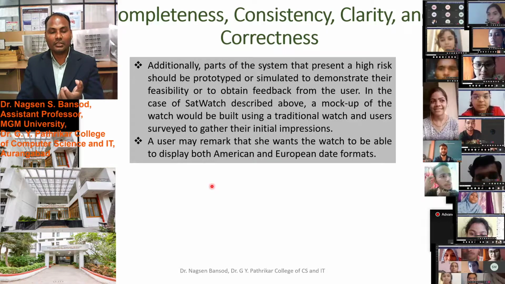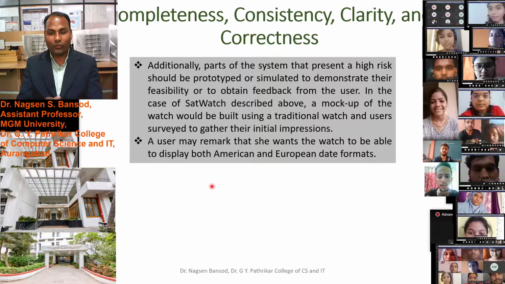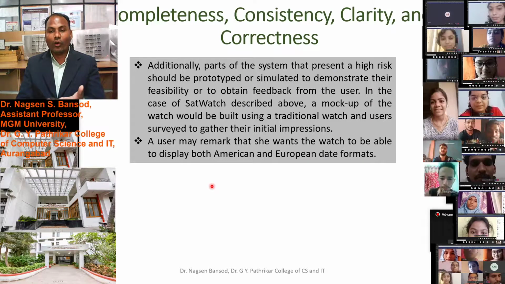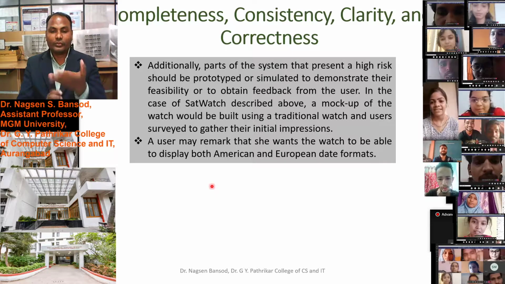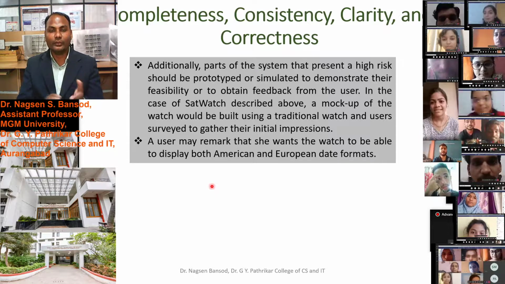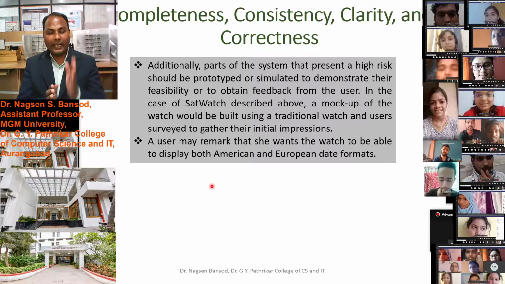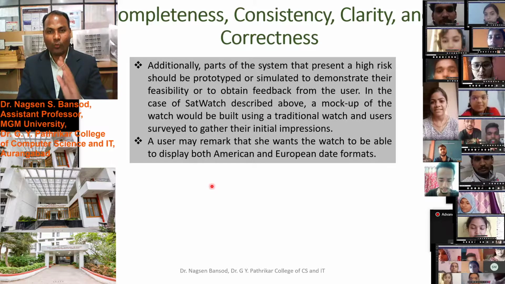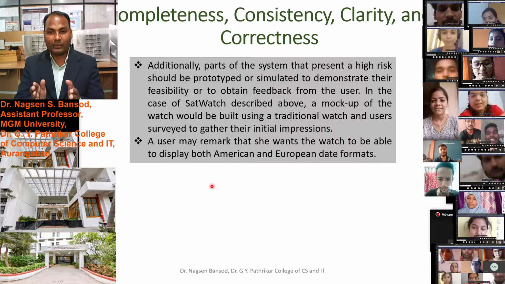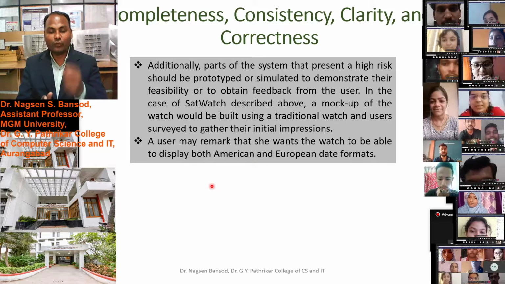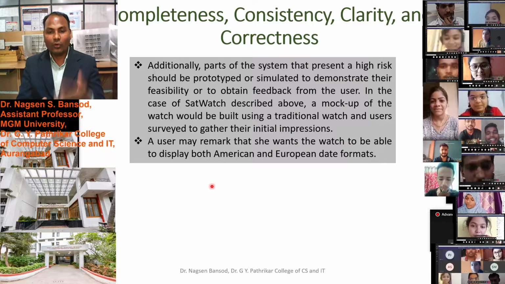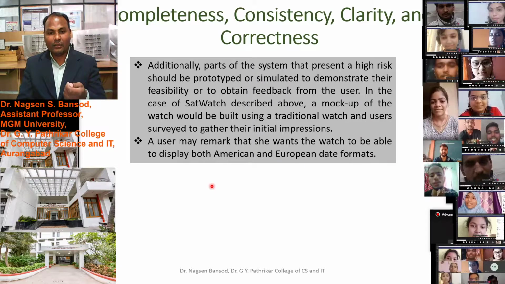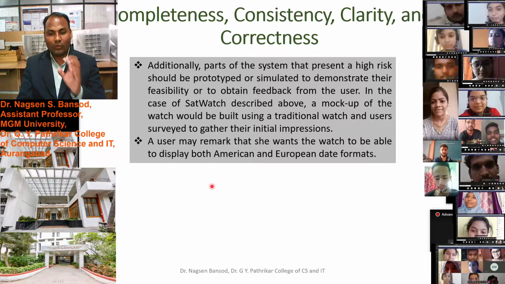Like this, if it happens in our software development, then we have to give a demo of a prototype model or simulation model to the client and user so that they will understand better and provide good feedback. Is that software required by them or not? They will make their opinion concrete on that.